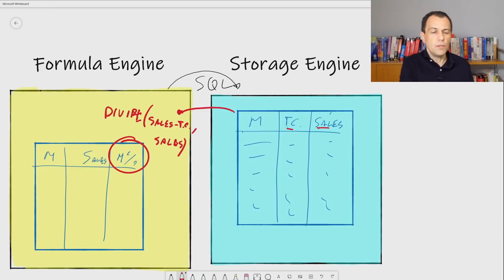So this calculation is performed by the formula engine, because if we see that the result provided by the storage engine doesn't include the result we see in the Power BI report, it must be the formula engine doing this calculation. And the reason why I wanted to show this example with this schema is because